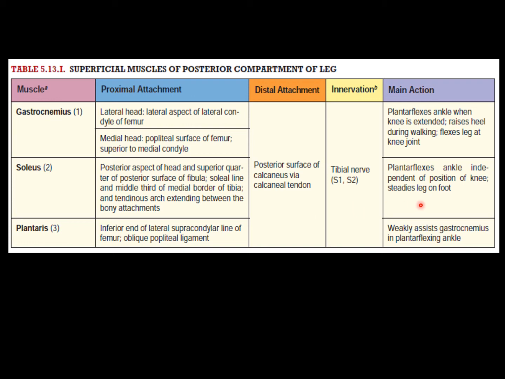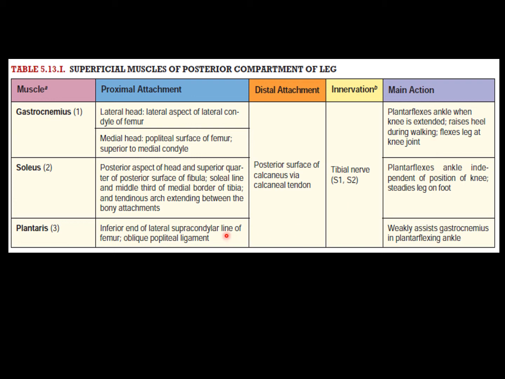And as already discussed, it contracts alternatively with the extensors and helps in the standing position along with also doing plantar flexion, so it is an anti-gravity muscle. So in long standing, in slow movement of the leg or plantar flexion, soleus is doing its function, and in running and jumping our gastrocnemius is doing its function.